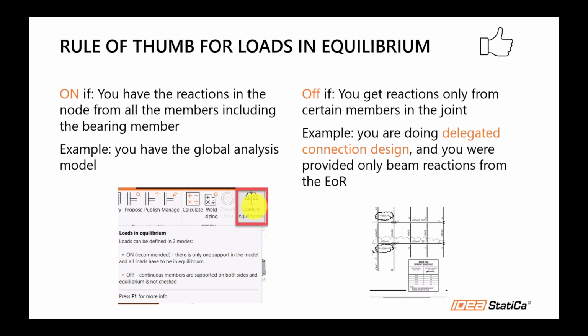off, because sometimes I have seen that people are trying to artificially put the node in equilibrium, but then you're putting some forces that are not real. You are not sure that they are coming from the global analysis calculation, right? So in that case, instead of putting more false or erroneous information, I'll just suggest to keep it off, okay? Again, I'm going to put some links here, and you can learn more about it, but this